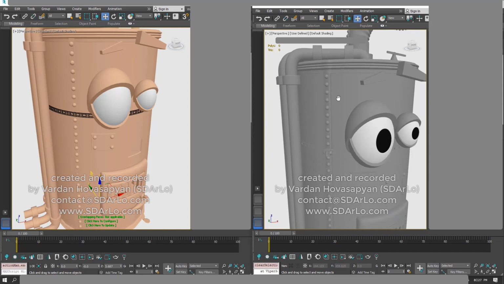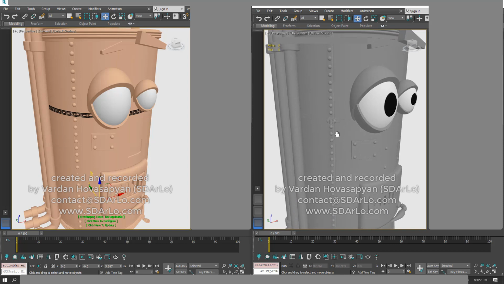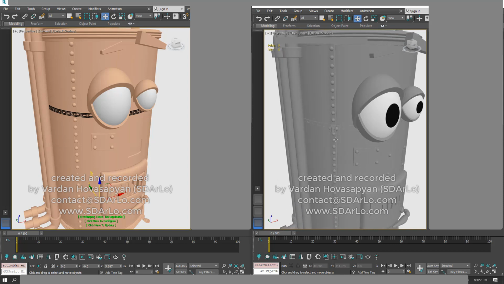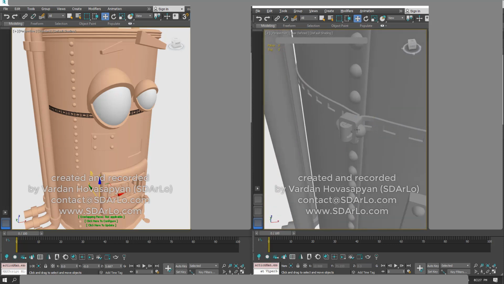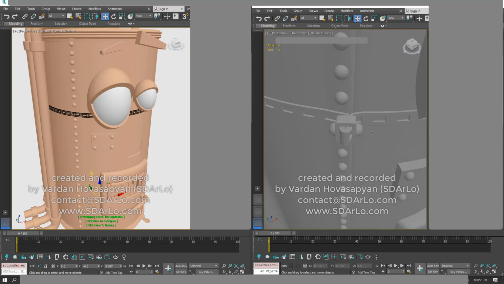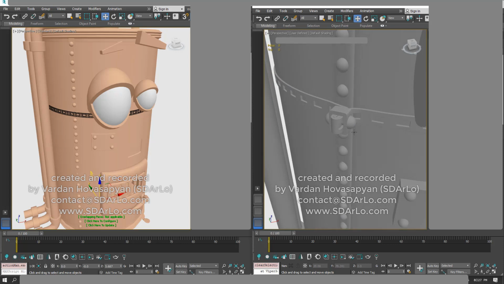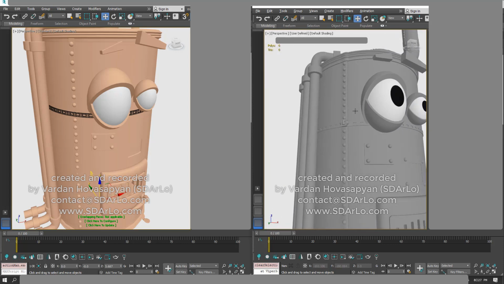So this is the most complex thing which is possible to achieve with SDArLo imager and SDArLo modeling, and being able to place all these details in their 100% perfect design places and without any penetrations, intersections,